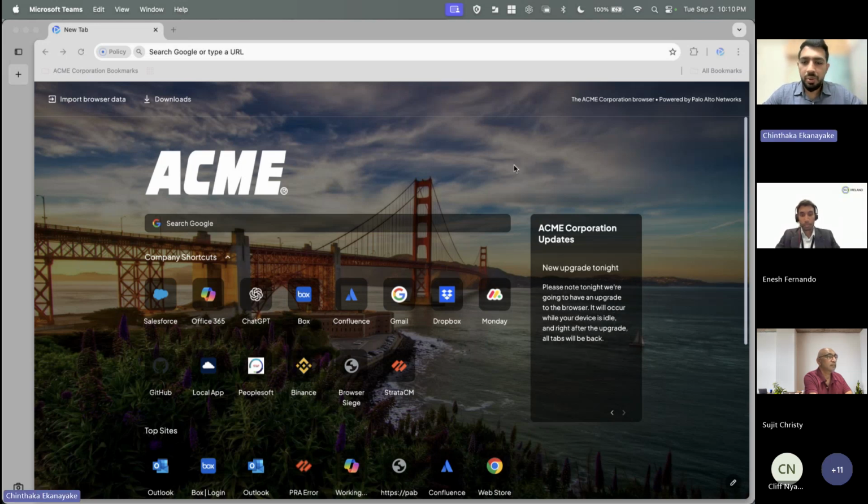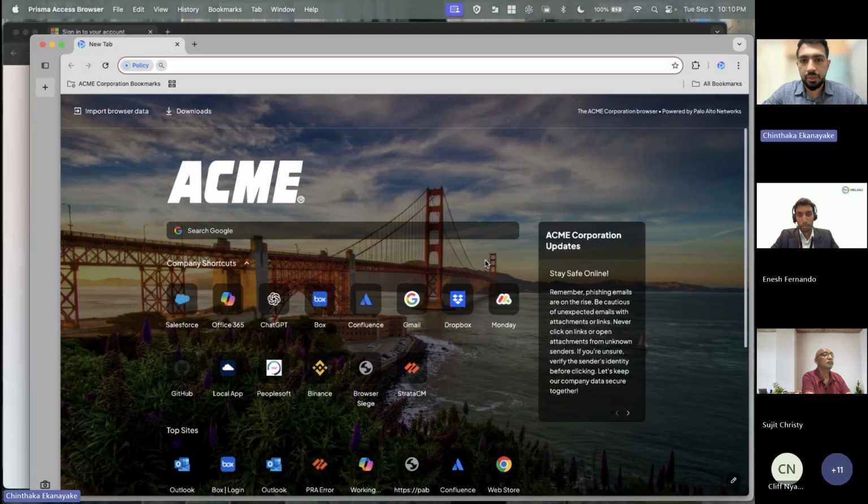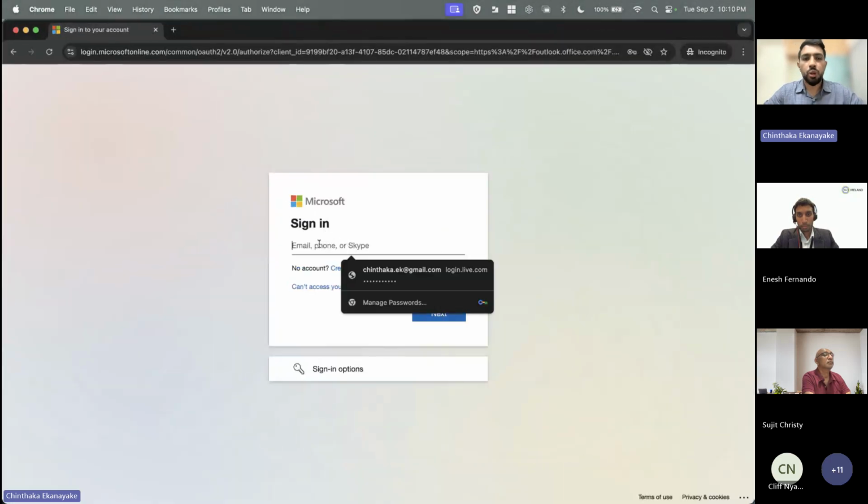We talked about this being a browser you can install without admin privileges and all of those things. Now, the first question that comes up is, how do I make sure the user doesn't use Chrome to access applications and uses only the enterprise browser? One of the ways we accomplish this is using conditional access policies. I'm pretty sure you are familiar with Microsoft Azure AD, which now has Entra ID and conditional access policies in place. So I'll just showcase it here.